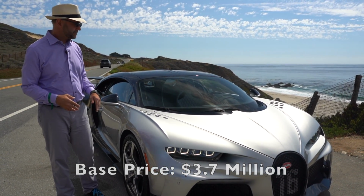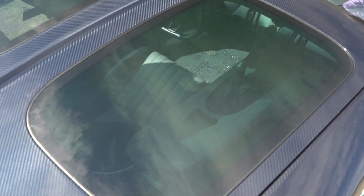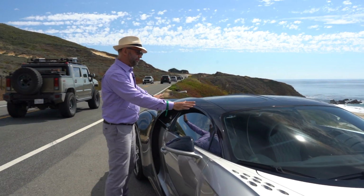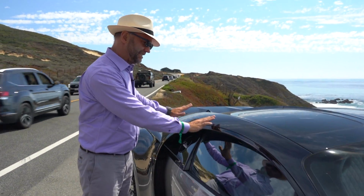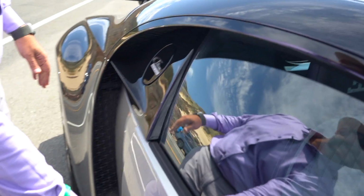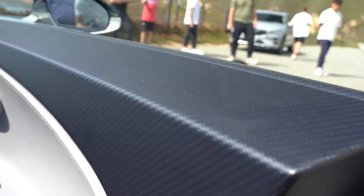$4.3 million. It's got all sorts of great options on it, including the Skyview, but I really like the front painted rear carbon fiber effect. Look at this, carbon fiber starting here all the way through, and it's not just on the exterior. Look at these door panels, a blue tinted carbon fiber. I love it. Again, this is the Chiron Super Sport,